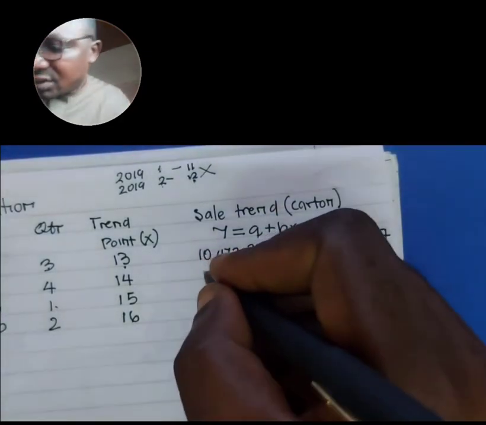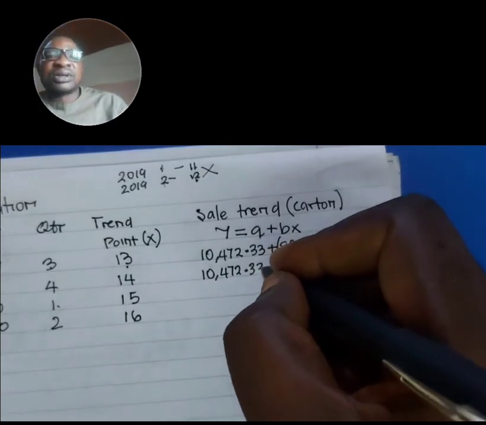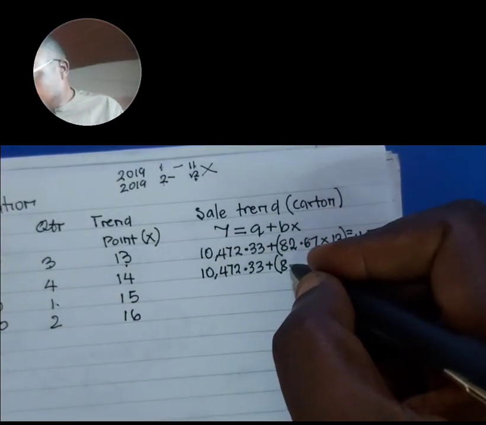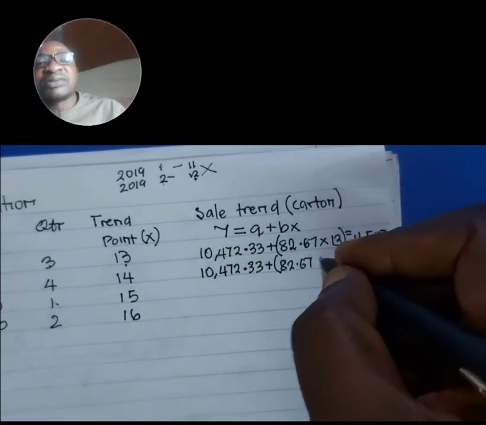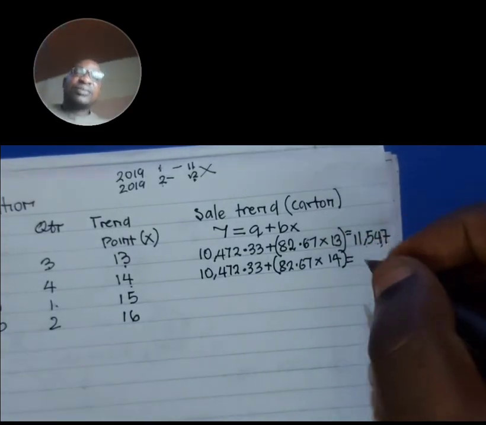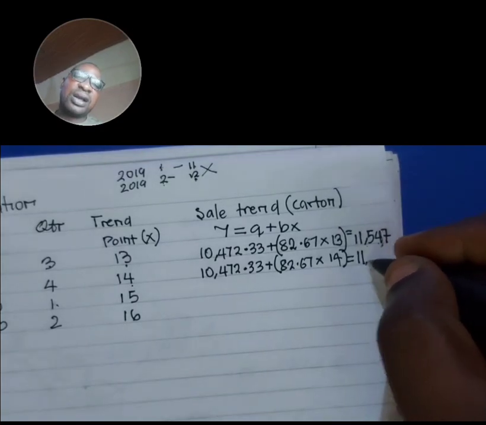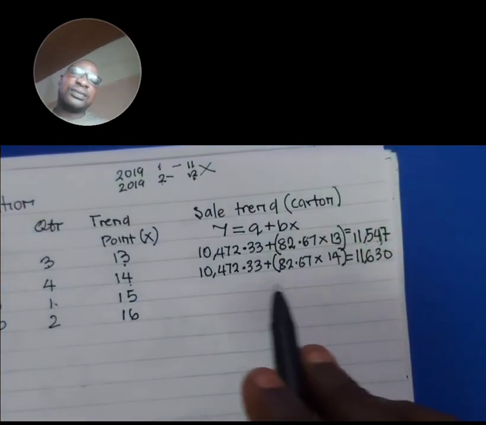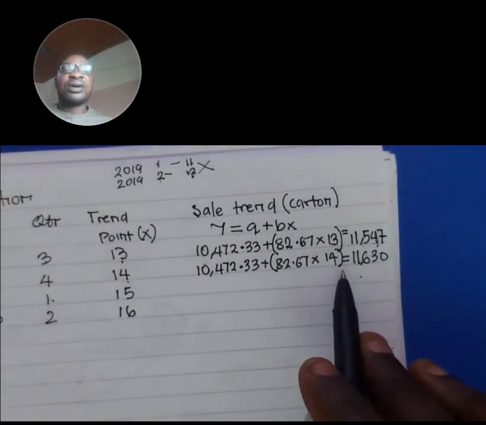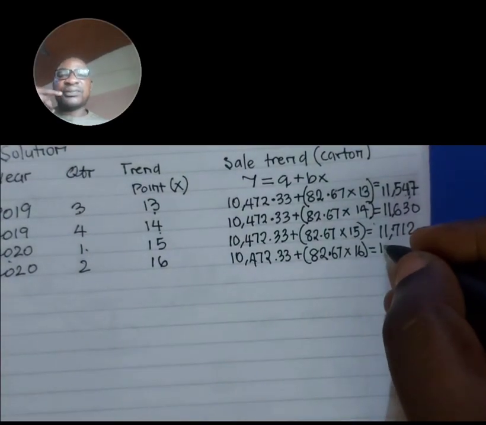Then you continue for B, you have 10,472.33 plus open bracket 82.67, which is the slope, times 14. From your calculator you have 11,630. So when you work this out as a PM student, you should be able to get the correct calculation for this. And the last one will give us